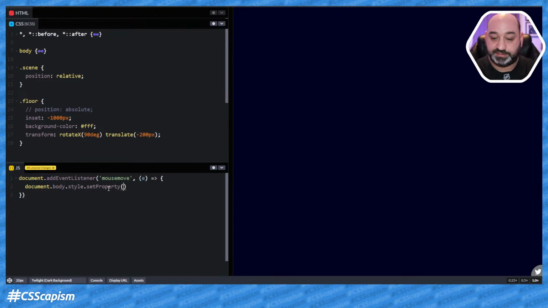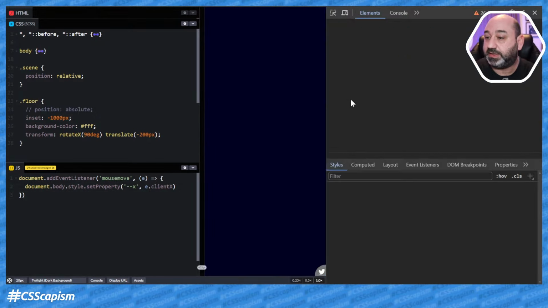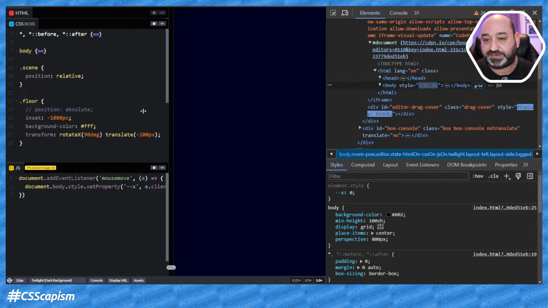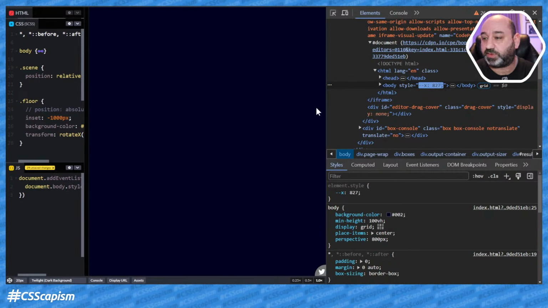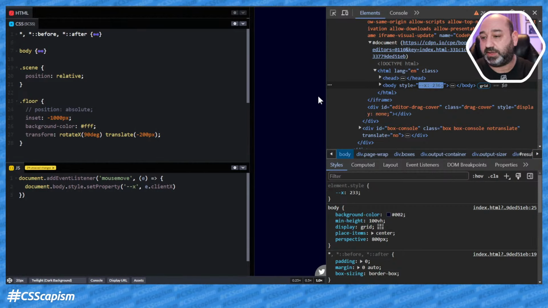The first one is the X, and we can use clientX, but this is just going to give us, if we inspect, you can see here in the body, when I move the mouse, the number of pixels. But this number is going to change based on the width of the screen, because right now the number is 800, but when it's a thinner screen, it's now 200. So all we can do is just divide it over